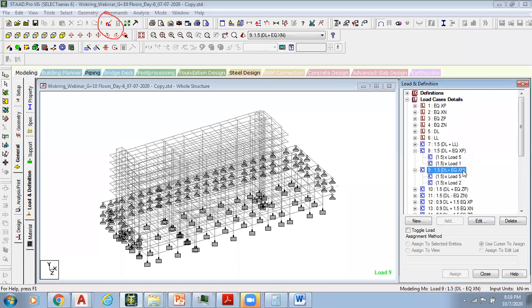Dead load plus earthquake X negative, dead load plus earthquake Z negative, like this, right? Yeah, we can give the names. Names are not really going to affect the program.